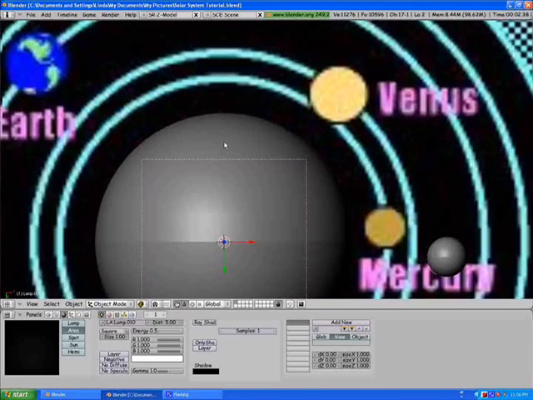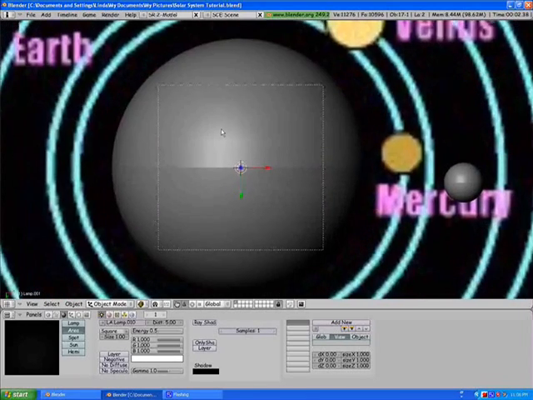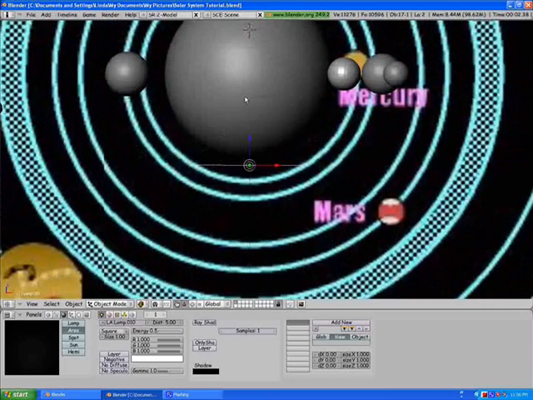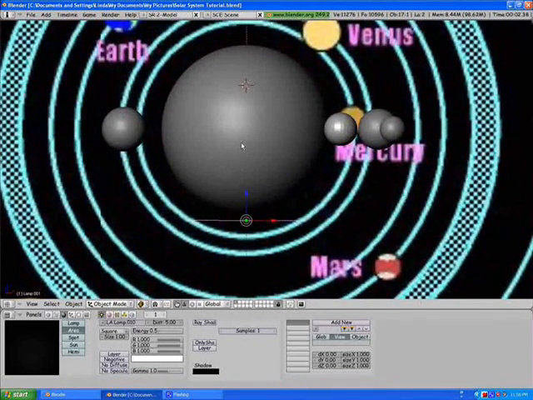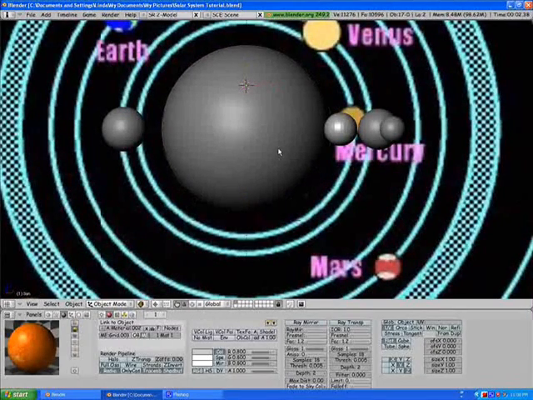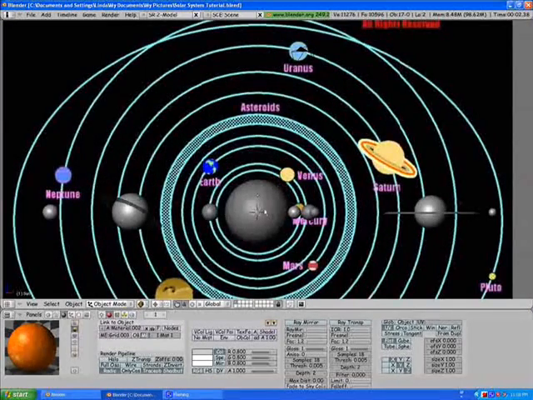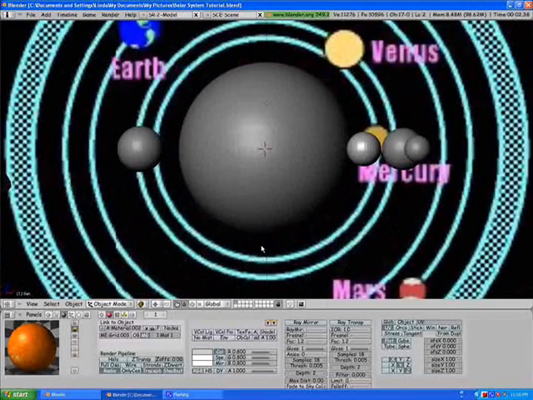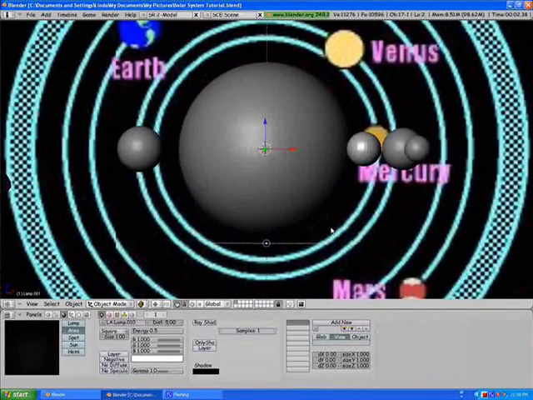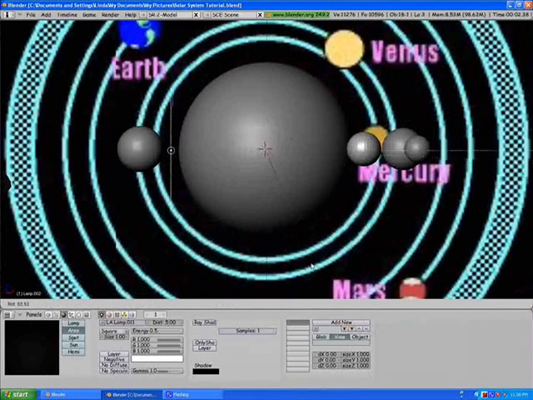Shift 7 to get a bottom view. Maybe my camera's just angled too high. Okay, so now what we want to do is I'm actually going to change this back again to the 3D cursor, and I'm going to press Shift C to place the cursor back in the center of the map, and then I'm going to grab this, Shift D, rotate it around that, and that looks about